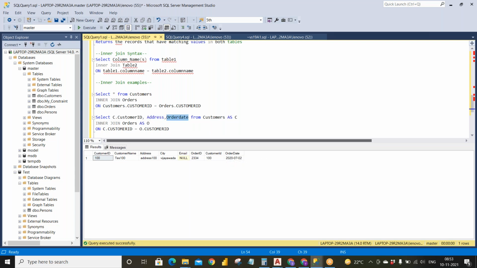Similarly, order date is only present in the orders table and it is not present in the customers table. So there is no need of specifying the alias name dot for address and order date. Even if you are not specifying, it will give the same result. If you are specifying also, it will give the same result.